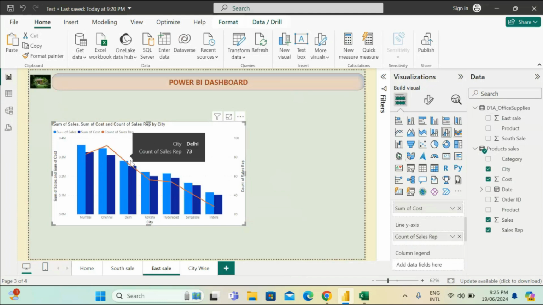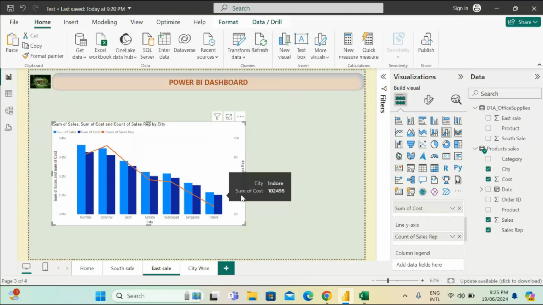That scenario I already explained in the clustered chart. If you want to show additional things, then we can use this line and clustered chart. That time you can use a line for showing the numbers, not only numbers. If you want to show something separately, then you can use this